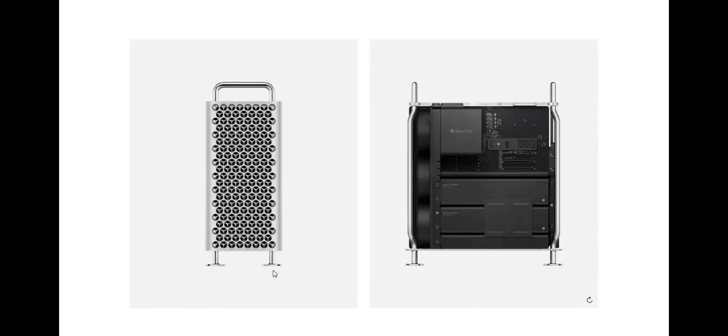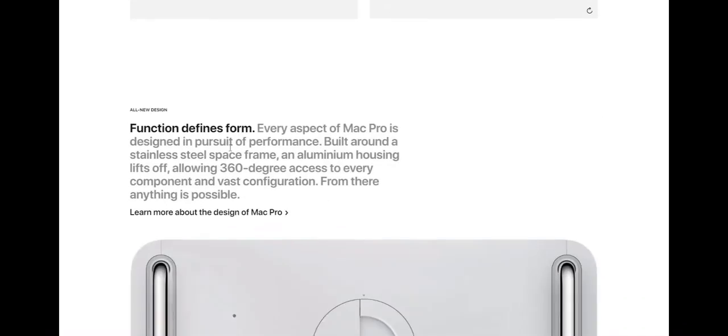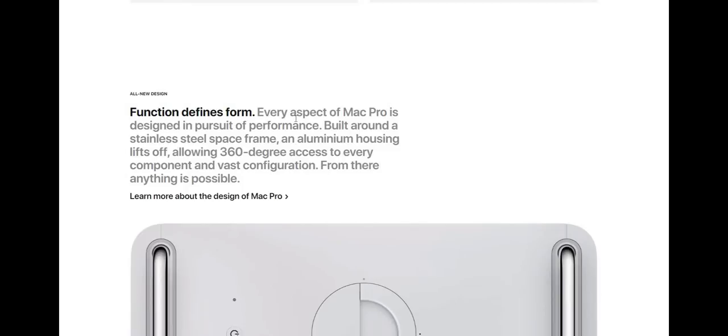At the bottom we have four stands, like we have two stands on the front side. This single rod is fixed to this device. We have two rods with four hands, like this front and this side we have. And coming to the next picture, I'll show you the function differences for every aspect. The Mac Pro is designed in pursuit